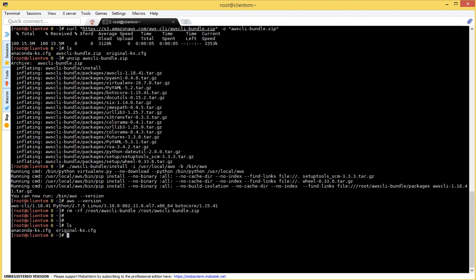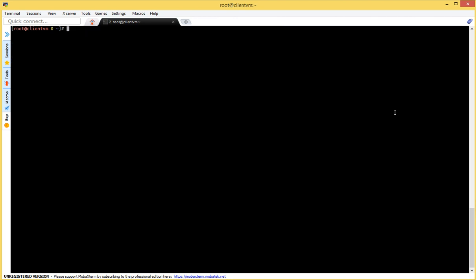Now we will download the OpenShift installer binary. So first let me clear my screen, and then we will put in the version which we are going to install, that is 4.1.0.